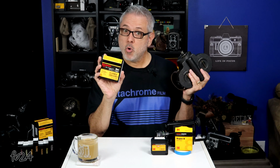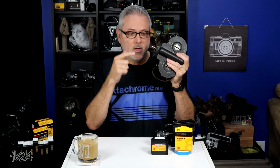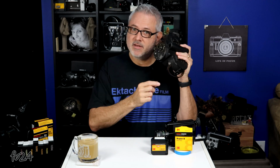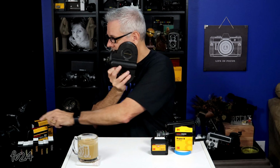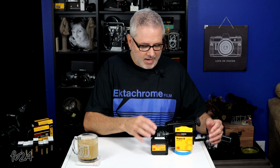It's been fully exposed, but it hasn't been processed yet, so I don't know what we got. Stay tuned if you're interested to see what this beast, this fixed focus 1924 camera will do with 7231. The last thing I want to say is I've been working on a video where I pit the